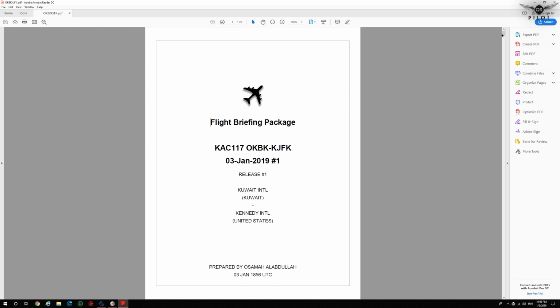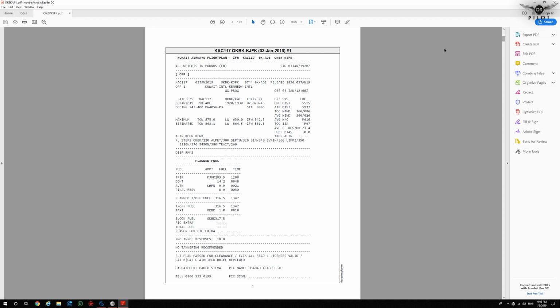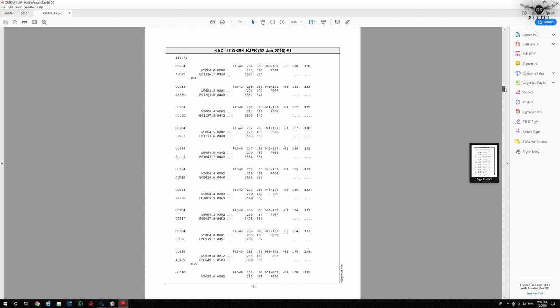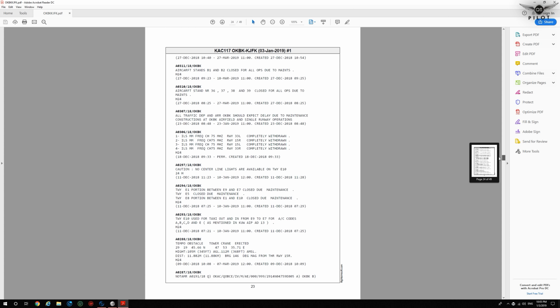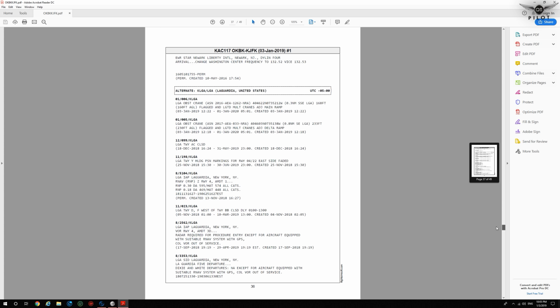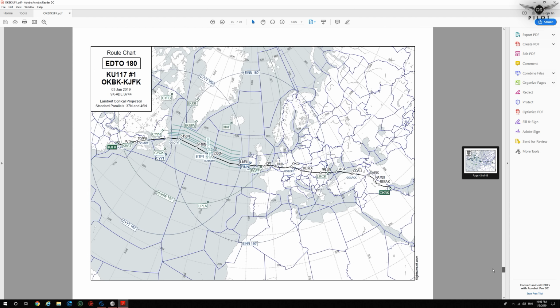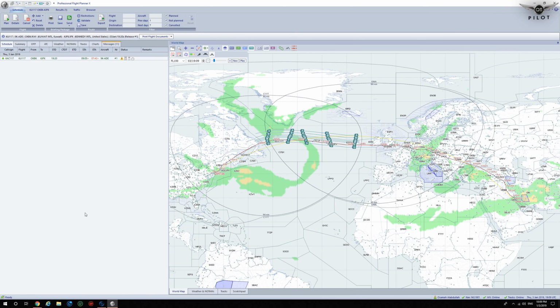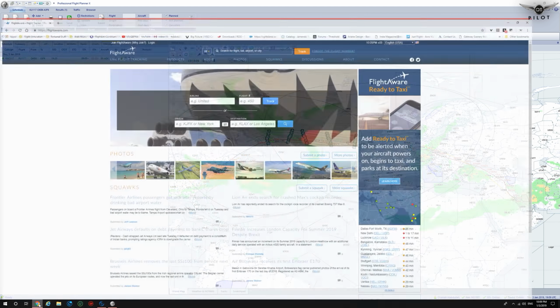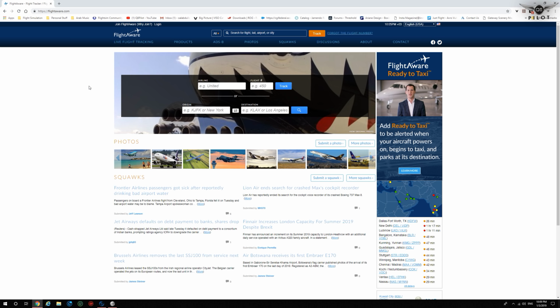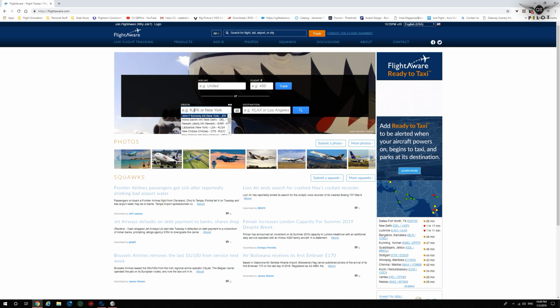As you can see, it's exactly what we saw in PFPX with the LIDO format now. And you can scroll through, and of course we selected everything to be printed, so all the information that we saw in PFPX will be included in the flight plan. There is another way of creating a flight plan, specifically if you're flying in the United States, by going to the FlightAware website. If you click on the origin, for example, let's say we are flying from George Bush Airport, KIAH,